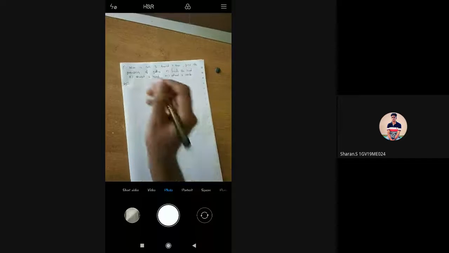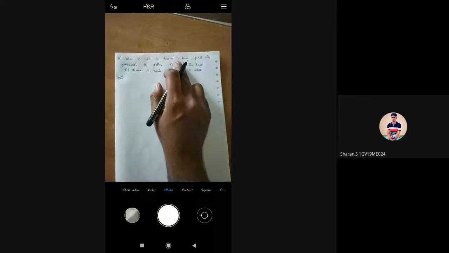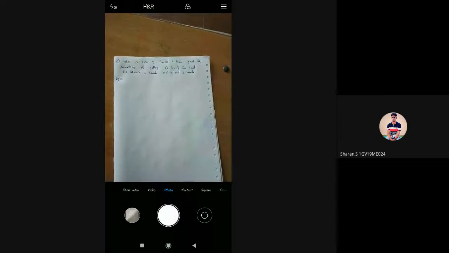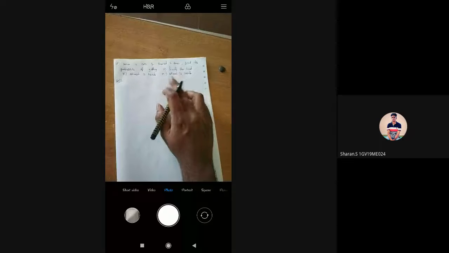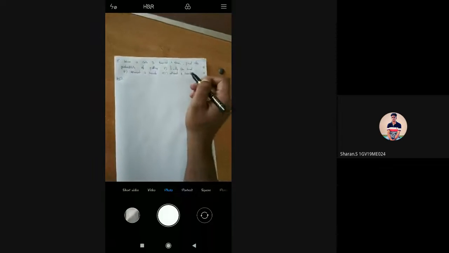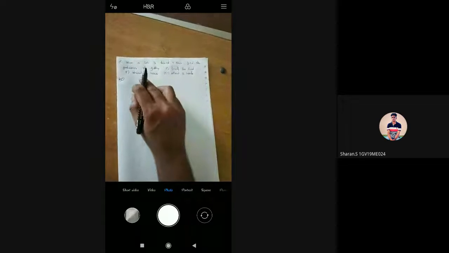Now, there is a coin which we tossed 4 times. That means the number of trials is 4, so n is equal to 4. Now we need to find the probability. Directly they will ask the question, not like previous problems where we needed to find a probability distribution table or cumulative distribution function. We just need to find the probability. Exactly 1 head. What are at least and at most?